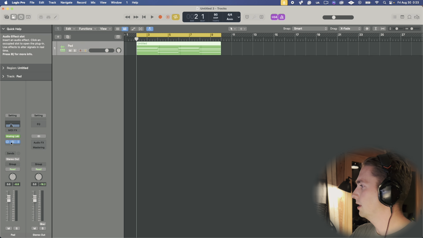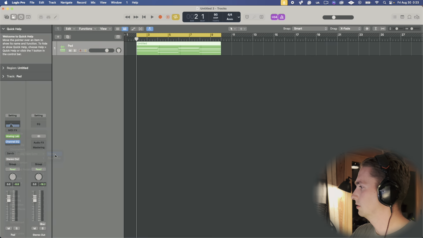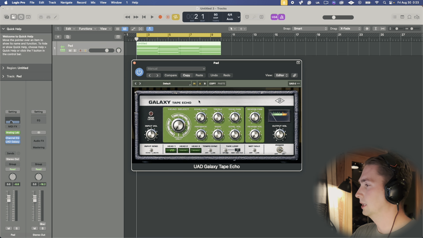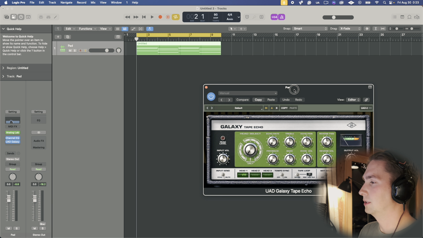Okay, I'm going to do that, and just because I want to get a cool vibe, I'm going to put this delay on it. Because I was a guitar player, I'm such a sucker for delays and reverbs. So you always gotta put both on, at least on this pad. So let's see.